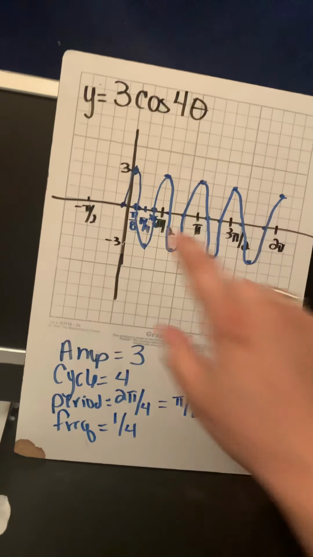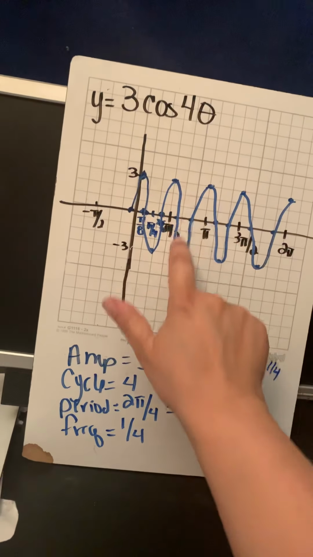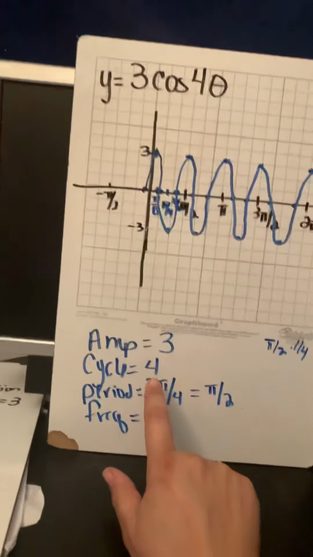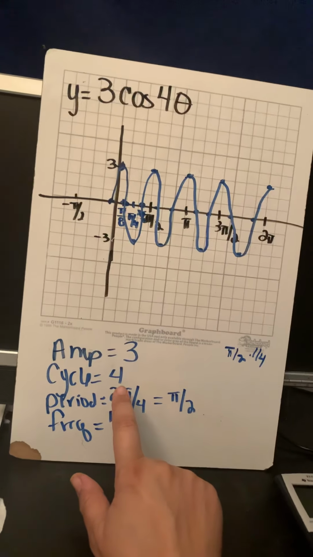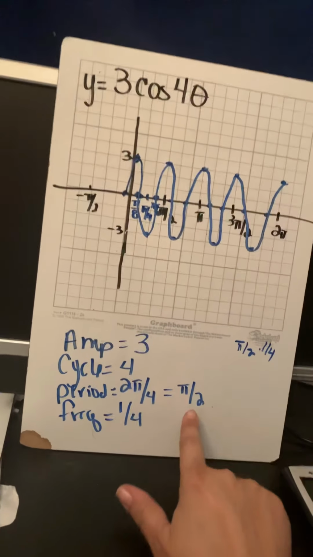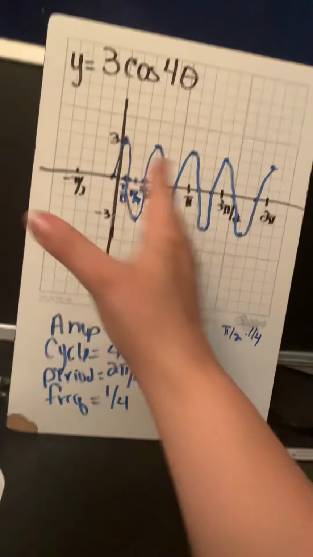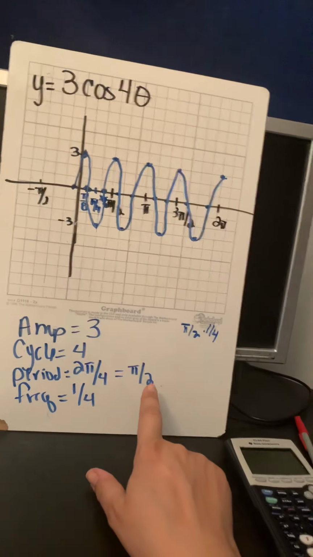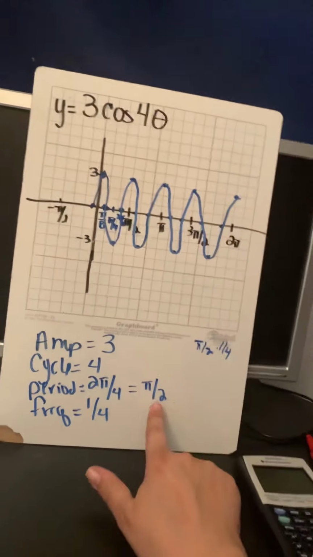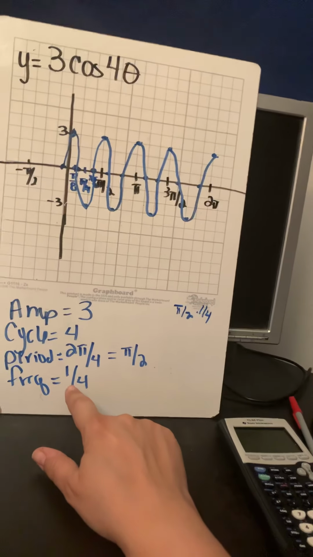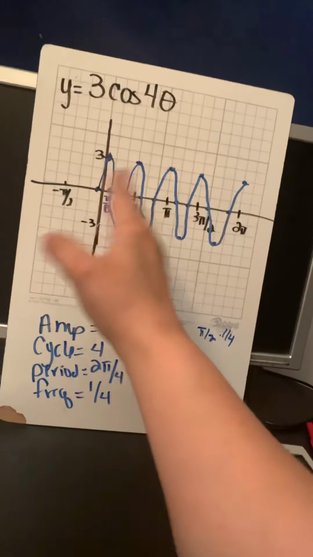So I look at this. I have 1, 2, 3, 4 cycles. My first cycle appeared at pi halves. That's my period. So every pi half units, or every main unit, I'm going to have a period. Frequency is a quarter. So every quarter of a